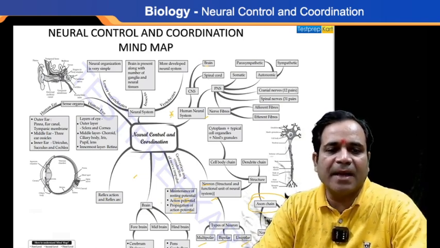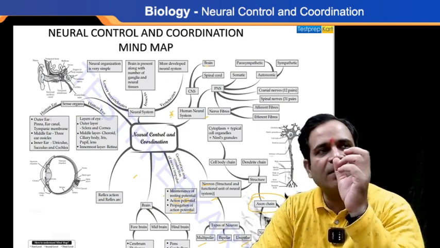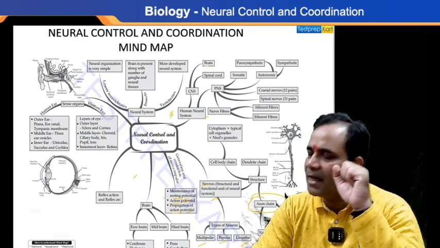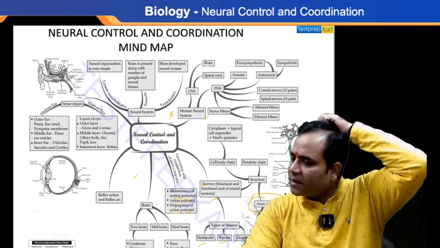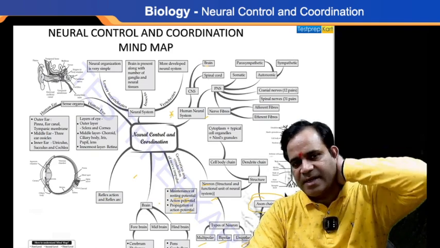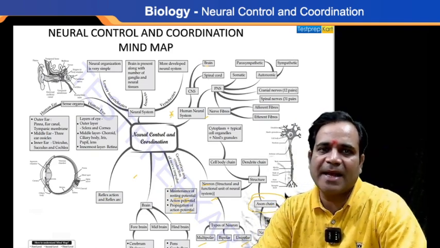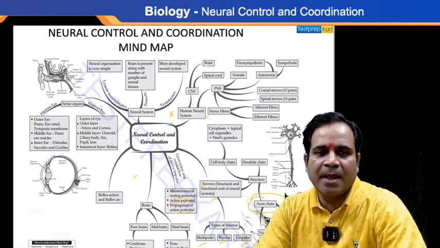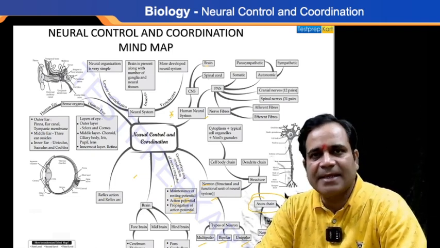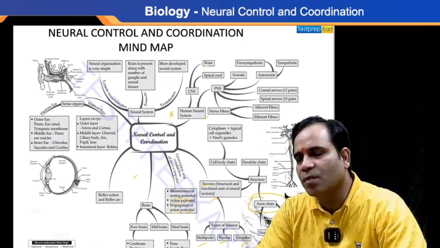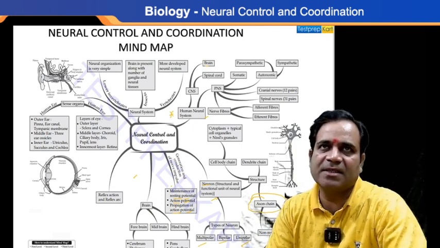Here, the brain. You know that the brain is part of the CNS. And you know that the brain is a very delicate organ, protected inside a three-layer membrane known as the meninges, my dear. So the CNS, the central nervous system, consists of two parts. One is the brain. The second one is the spinal cord.